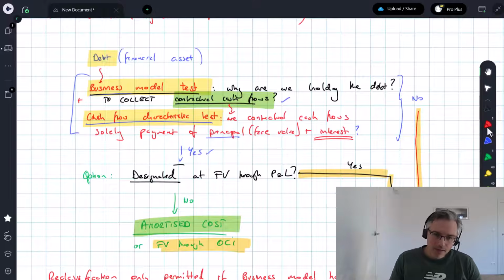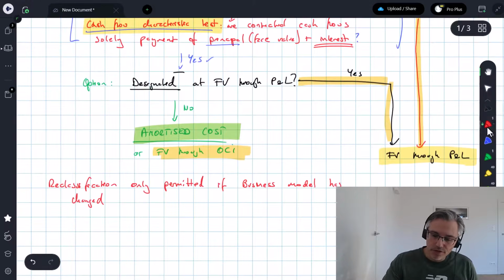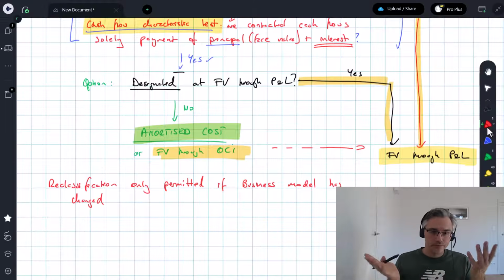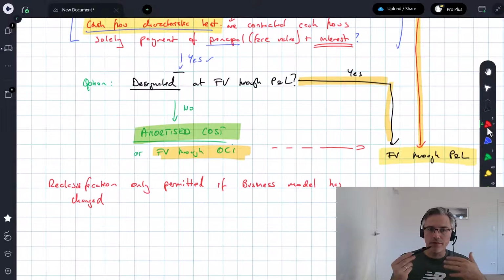Well, you should reclassify any instruments which you still hold from the current approach, which was amortized cost or fair value through OCI, over to fair value through profit and loss, and in a very similar way,